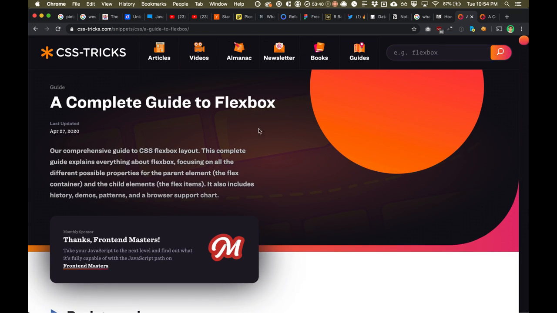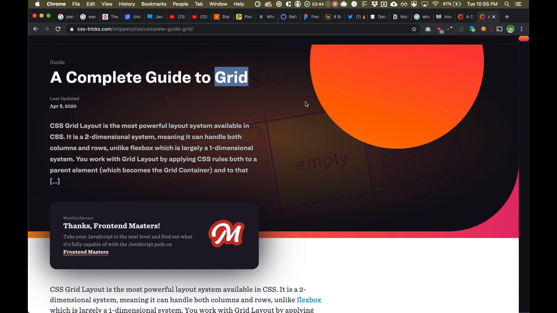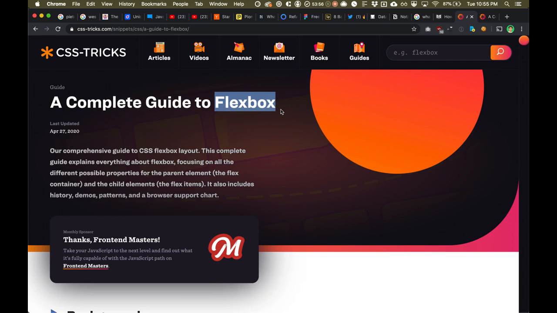If you're learning CSS, there's no better layout engine than Flexbox and Grid. And there's some argument among designers about which one's the best. But usually it's more complex than that, right? You're going to want to use Grid for some things, and you're going to want to use Flexbox for laying out other things. But if you want to center items, align items to the left or the right, or have spacing between them, if you want to make them mobile responsive, you're going to want to use either Flexbox or Grid.